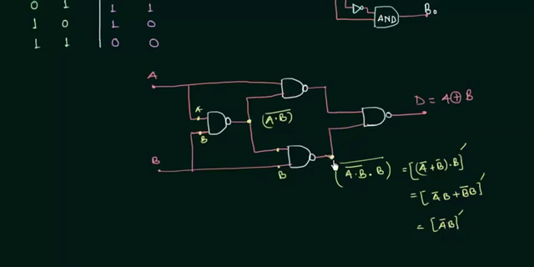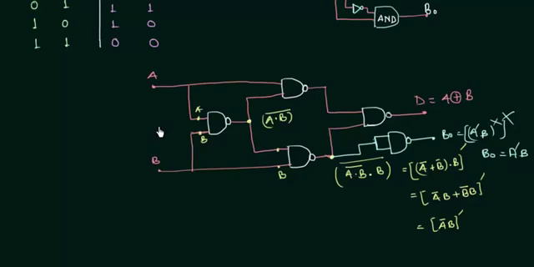That's our borrow output. So let's do this. I just want to give it again to a NOT gate, and you know how to make a NOT gate by using the NAND gate. You just keep both the inputs the same, and it will act as the NOT gate. So we are having the borrow output as (A complement B) whole complement, and again we are using a NOT gate, so then complement, and this complement will be cancelled out, and we are having the borrow output as A complement B. So this is how we have to implement the half subtractor by using the NAND gate only. So see you in the next